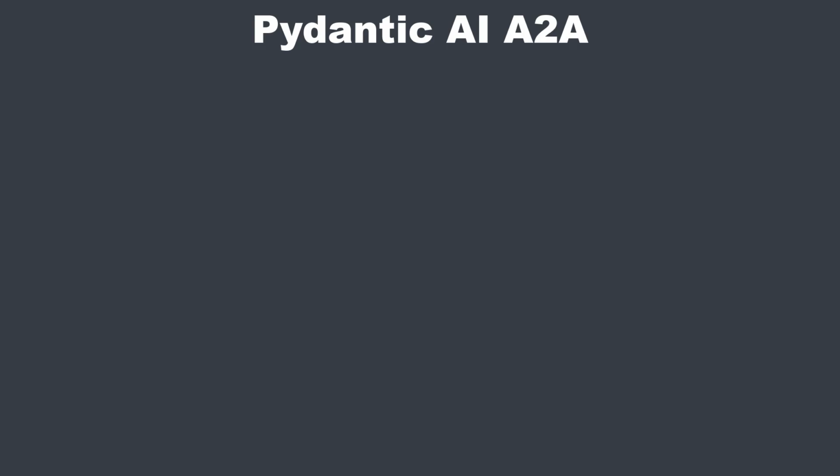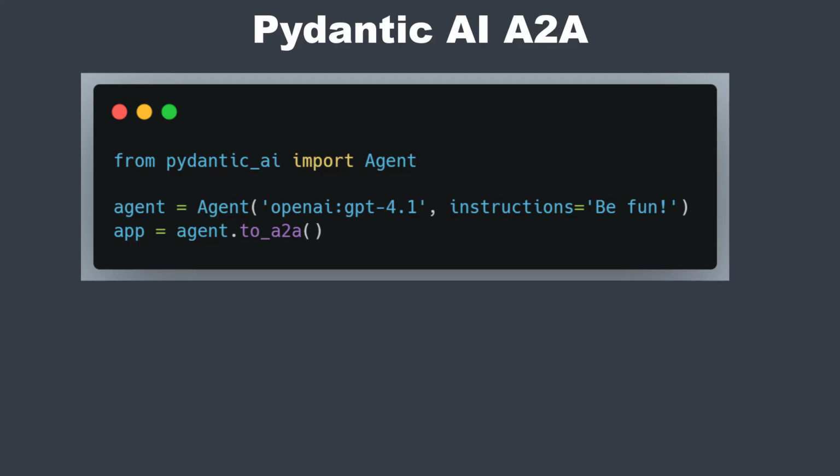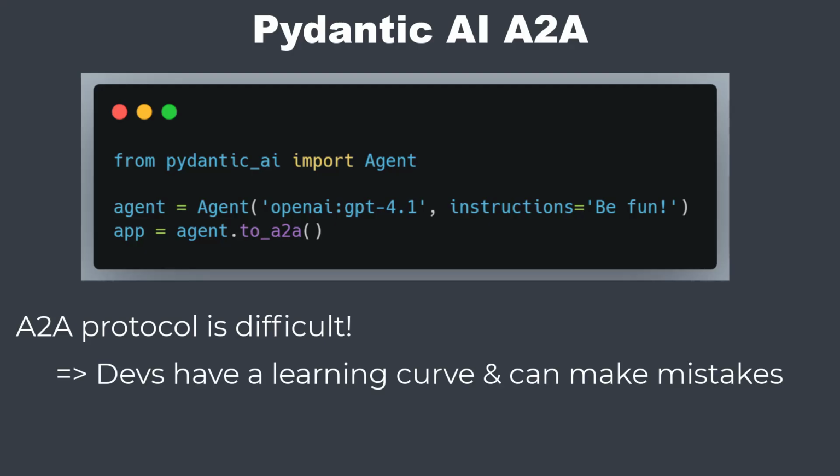Hi everyone, today I want to show you a specific feature I came across in the PydanticAI package, which in my opinion is amazing. You can create an agent and expose it via a single function as an A2A ready web service. This is awesome because the A2A protocol is quite complex and very powerful, but there will be many developers and teams who want to expose agents as a web service but don't want to implement everything on their own